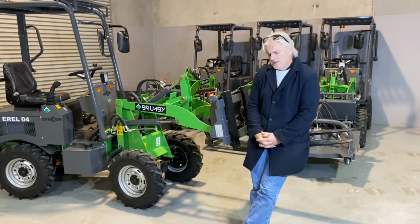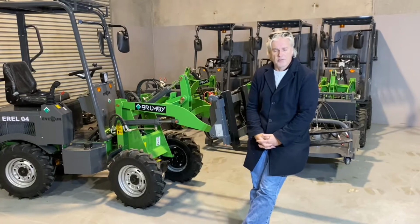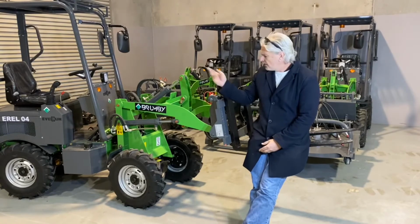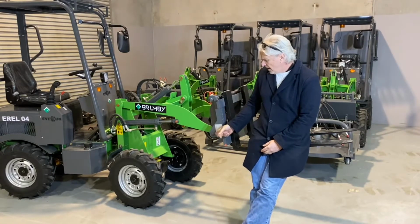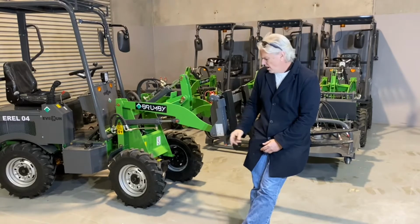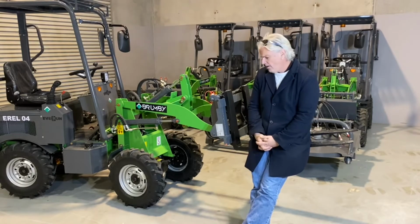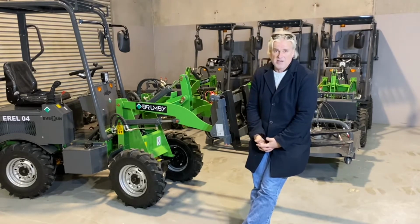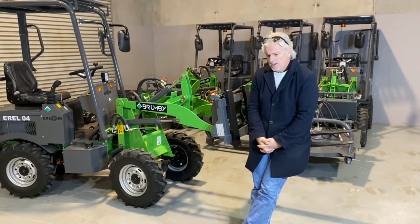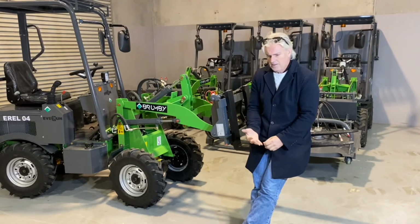So when we talk about the versatility of the machine, I suppose what we're really talking about is the attachments that you can get for the front. Inside the cab, this actually has a hydraulic quick hitch that you operate from the cab, so there's no getting out of the machine to change the attachments. But we have in stock around the country 10 different attachments that you can fit on this, and that's why it lends itself to that, particularly around that equine industry,